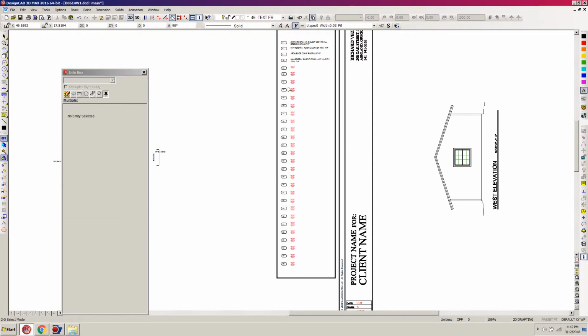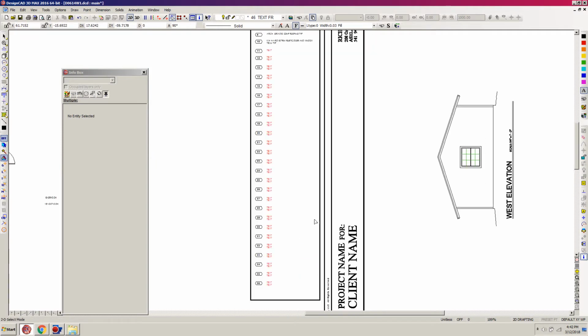Okay, so that's moved all of these text boxes further up. So I hit Z for zoom, and I can just change this text, or there are a number of ways I can deal with it. But this time I'm just going to do it a little differently. I'm going to zoom up on that